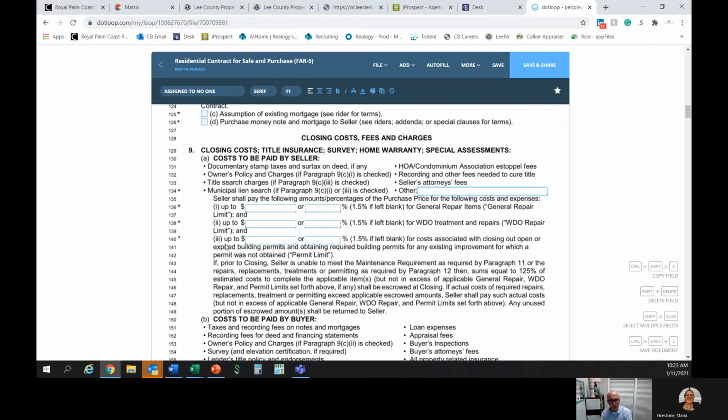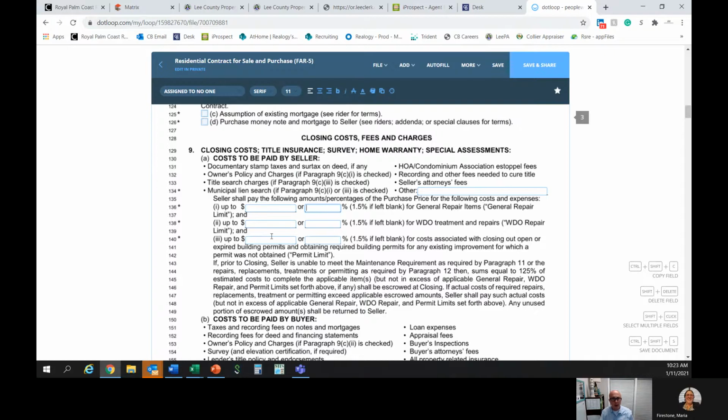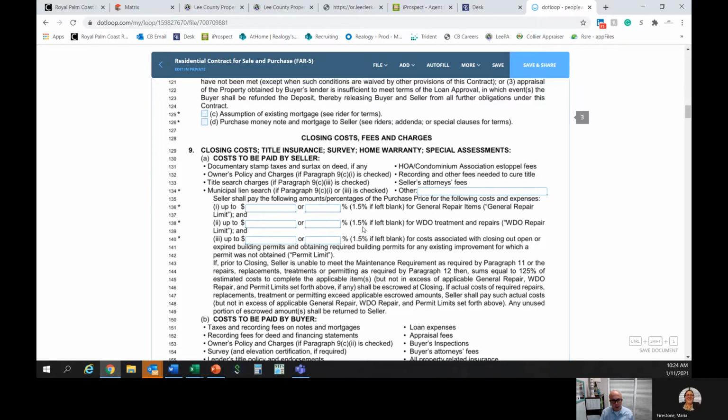Seller shall pay the following amounts, percentages of the purchase price for the following costs and expenses, up to, we can either express the dollar amount or a percentage. And by default, if we leave it blank, it's 1.5% for general repair items or a general repair limit, okay? So the seller will be held liable for up to 1.5% of the purchase price for repair of general repair items, or up to 1.5% of the purchase price for wood destroying organisms treatment and repairs, or up to 1.5%